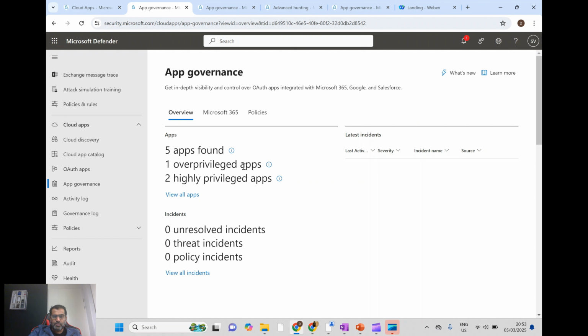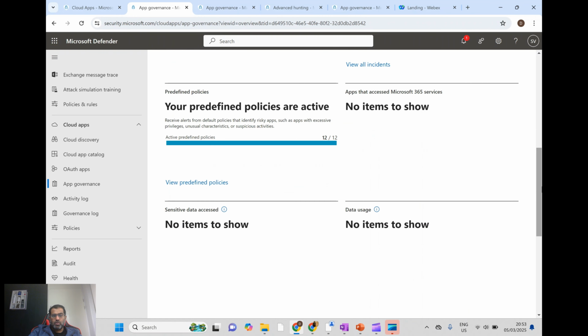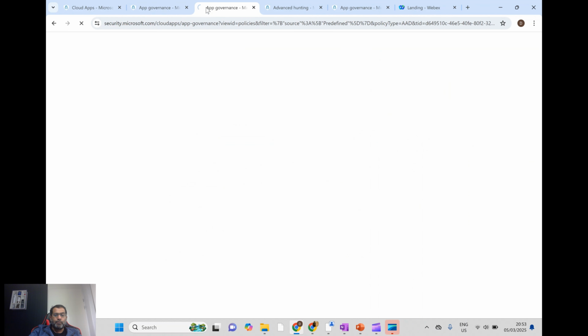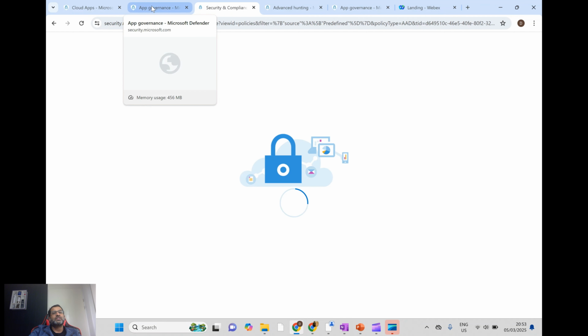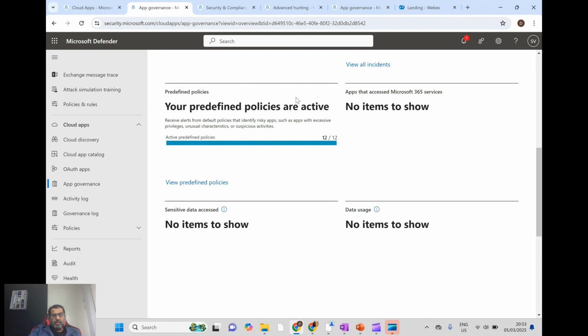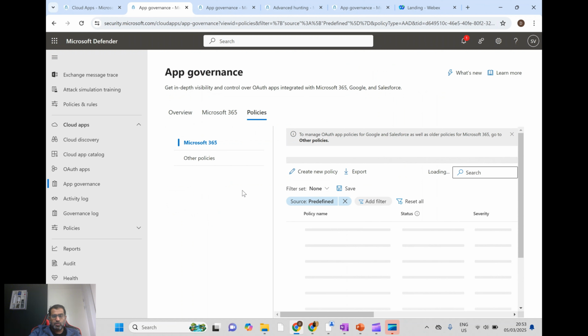So you see the apps found, what are the overprivileged apps, and then the incidents related to the apps. If you scroll down, you also see the predefined policies. These predefined policies are very good, because they have a lot of policies that would help in detecting an app that can be compromised. I can show you in a minute. The moment you click on the predefined policies,